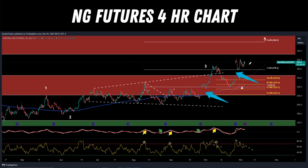Now, for further bullishness, you're going to pay attention to your 4-hour RSI. And we have this downtrend line here. We're no longer in overbought territory, so we have room to run to the upside. And we want to see a breakout of this bearish trend here in the 4-hour chart RSI. You also want to see this 4-hour MACD curl back above the red line. Right now, it's really just consolidating and chopping up, and that's what you want to pay attention to for signs of